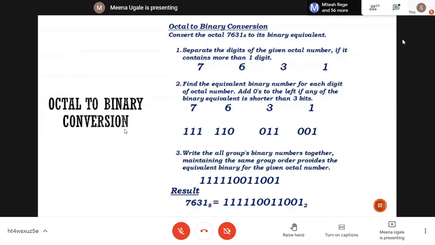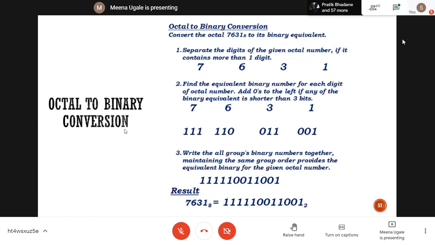And then we are going to find out its equivalent. I'm going to use here 3-bit representation. So for 7631 you are supposed to write down the numbers in 3-bit representation. 7 is 111, 6 is 110, 3 is 011, 1 is 001. For every digit, use 3-bit representation, and finally add this together. Means what? Not this addition.